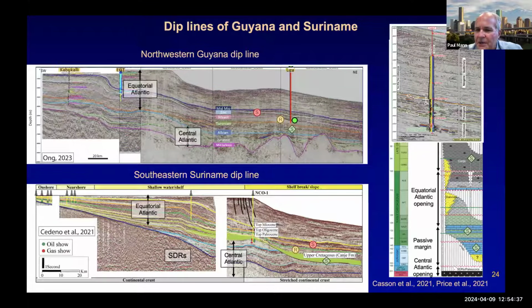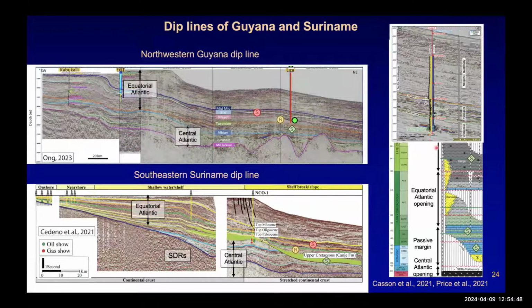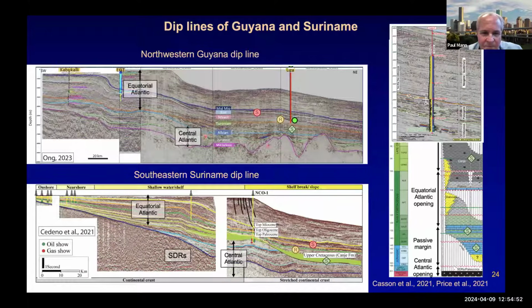And as shown here on the right, remember, this is the Liza discovery. So Liza discovery is just in the late Cretaceous submarine fan reservoir. But below there, you have all of this earlier rift history, which is the Takutu and what we call the Guyana Rift, which no one really knows anything about